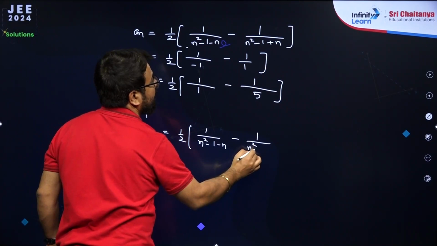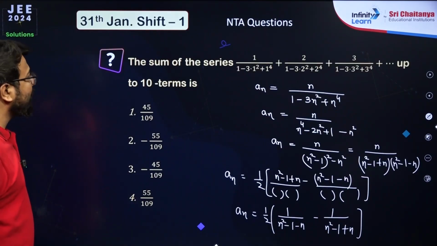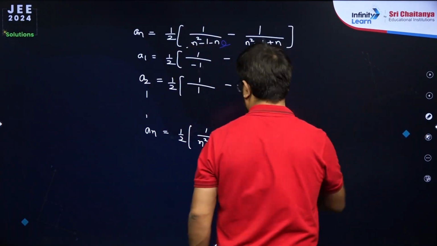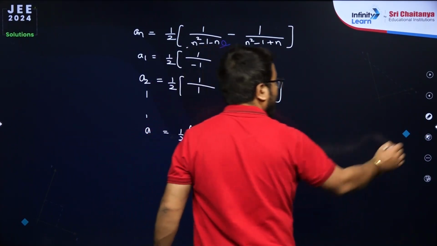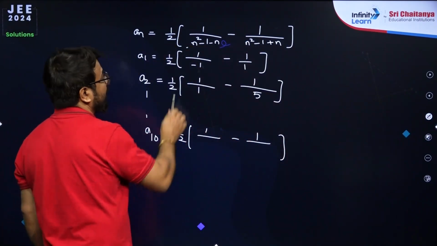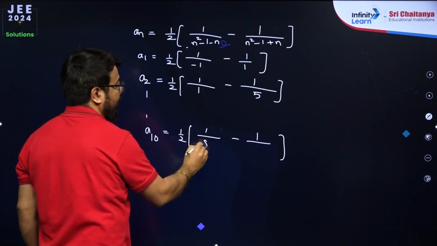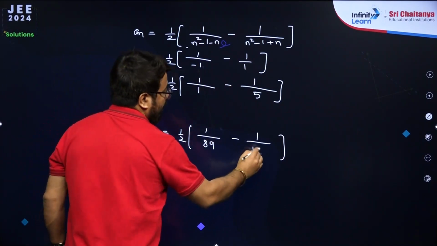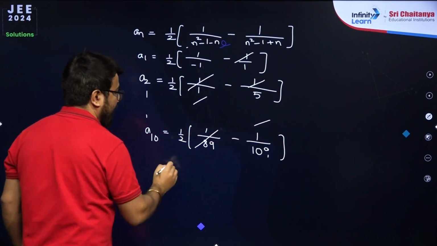And if you want to get the sum of 10 terms, what have they written? Just get the sum of 10 terms. So do not write for nth term, just write for n is equals to 10. That will make more sense. So write the last term. If I write a10, that will be 100 minus 1, 99. 99 minus 10, 89. 100 minus 1, 99. 99 plus 10, 109. So I got to know that these terms are getting cancelled and we are able to